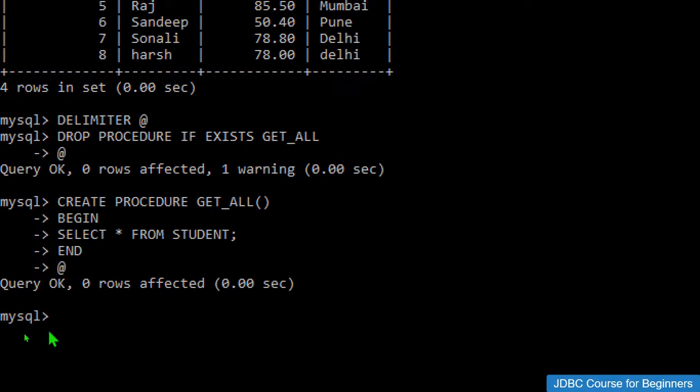So it will try to end this procedure. But what we want is for this procedure to end only after this end keyword, or only after the whole set of statements is executed. Only then do we want to end this procedure. But if we give this semicolon directly, it will end as soon as we hit the semicolon. So to differentiate between the semicolon and the delimiter, we change the delimiter. We perform our action, like creating the procedure, and at the end we change the delimiter back to our semicolon. So I hope you got these things.